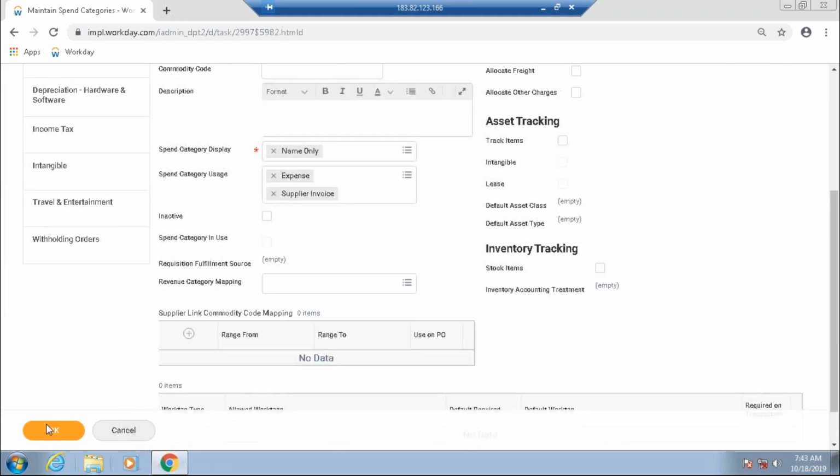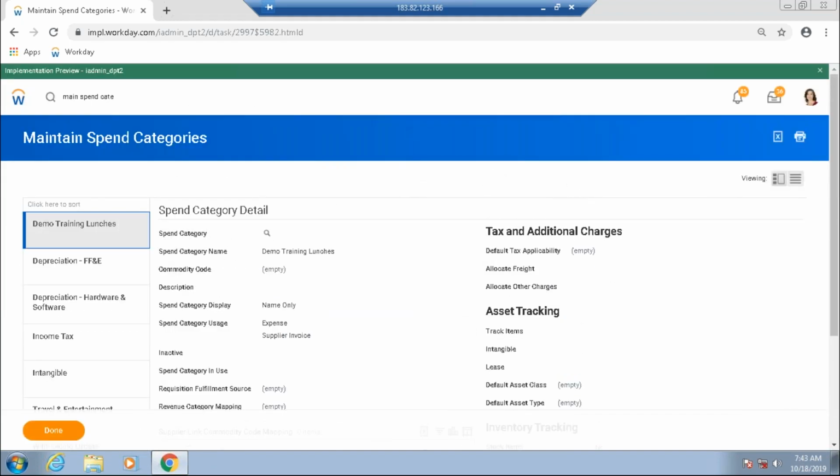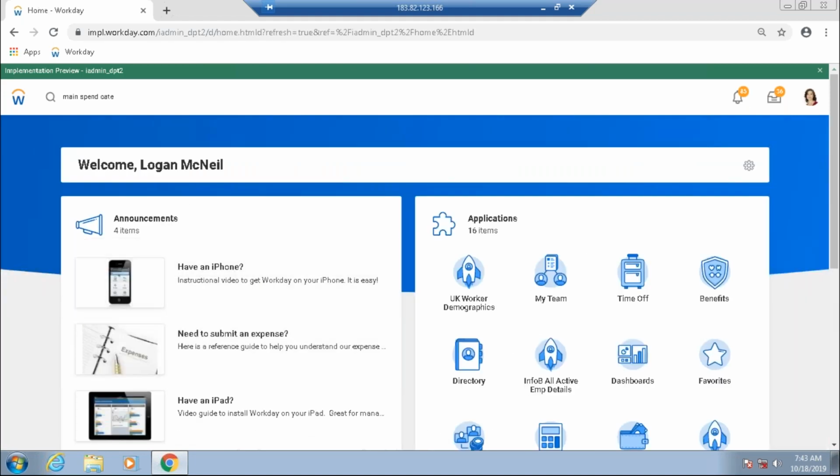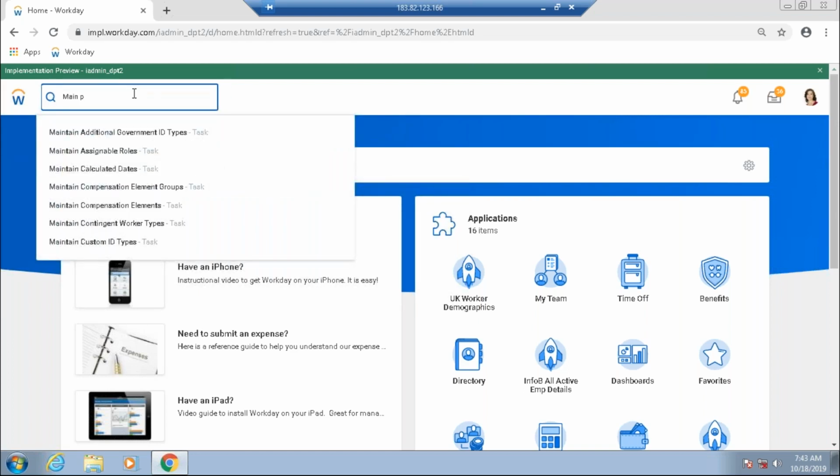Then I said click OK and done. We have created a spend category. Purchase item we are not creating. Otherwise, purchase item group we are not creating. Otherwise, how to create? Maintain